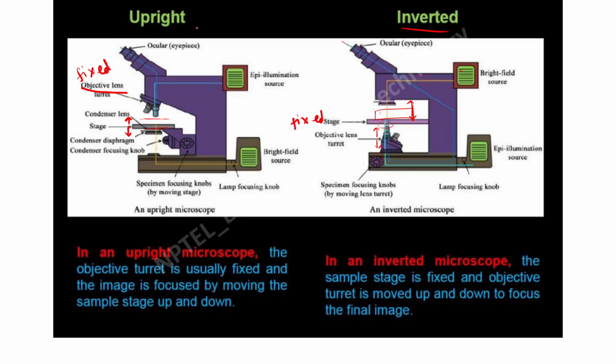Generally for a bacterial sample, or if we are viewing fungal hyphae, we can just pick a little bit of fungus from the plate using forceps, keep it on a glass slide, put some drops of a hydrating buffer, and then put a cover slip, avoiding air bubbles, and then keep your slide here and observe through an upright microscope. Or for a bacterial sample, you can fix the sample on the slide and then observe through an upright microscope using appropriate stains. For the inverted microscope, we generally use it in mammalian cell culture, where we directly keep the culture plate,